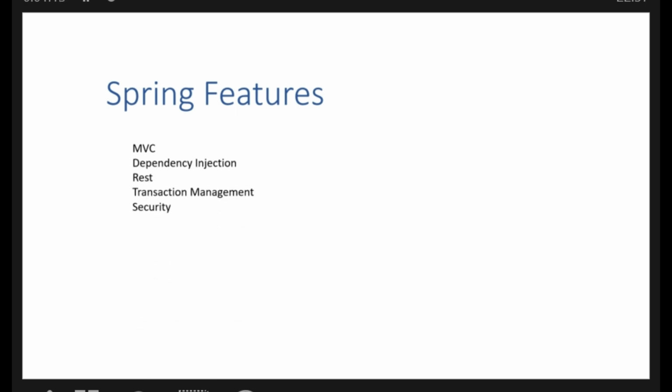And also before Spring Boot, let me take 3-4 minutes to explain about the Spring features. So actually Spring Boot is built on top of Spring and contains all the features of Spring. So here I want to show you a few features in Spring. Suppose MVC, dependency injection, REST, transaction management, security, batch, data, and AOP. Okay, so suppose Spring provides these features, and we are going to create an application by using these features,